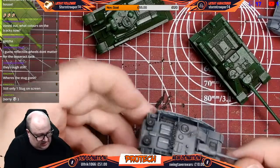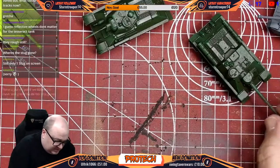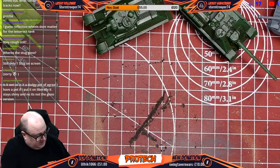But that just needs coating. Once it's had its coating, it's ready to go. These two need to dry, and then details on them. And then we're down to